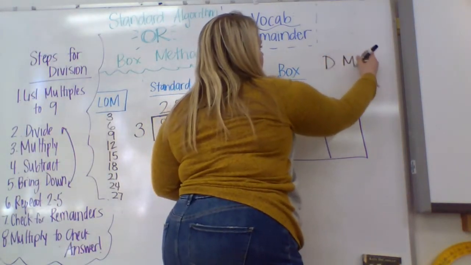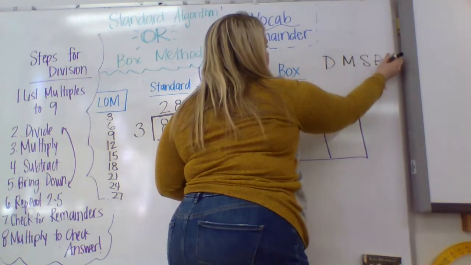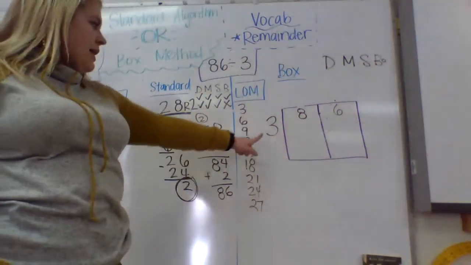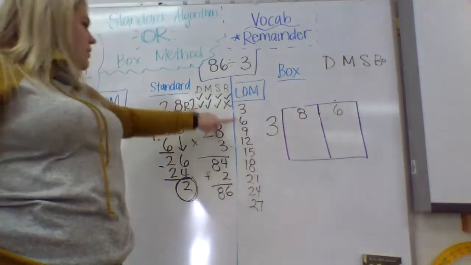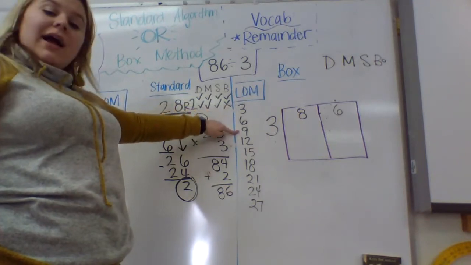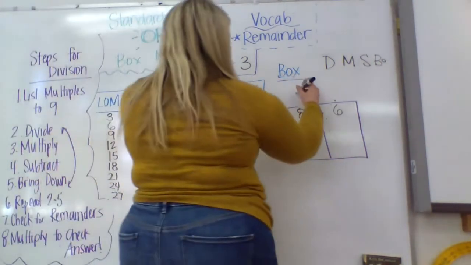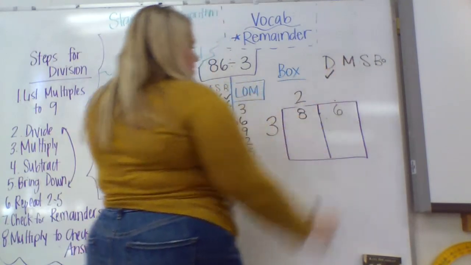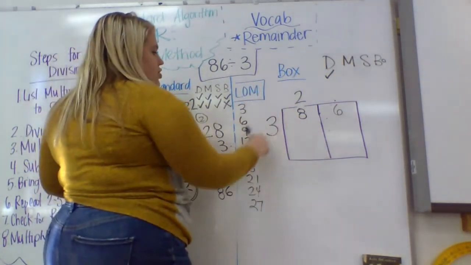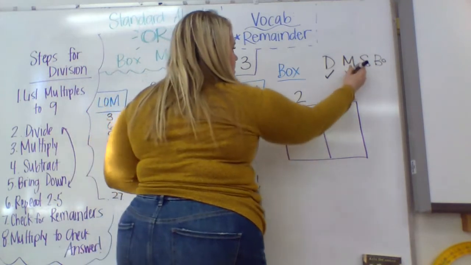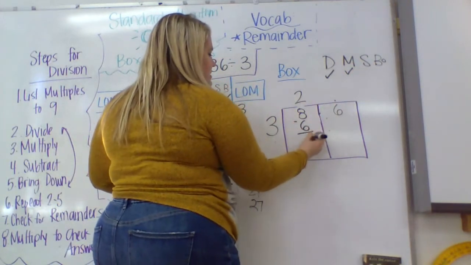Divide, multiply, subtract, bring over. How many times can 3 go into 8? 3, 6, 9, that's too much. Go back one. That is 2 times. So we have done our divide. Now we multiply. 2 times 3 is 6. 8 minus 6